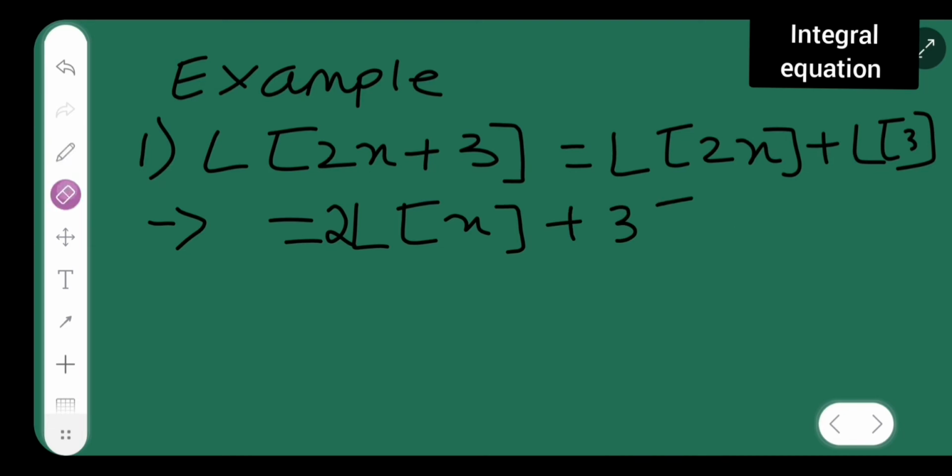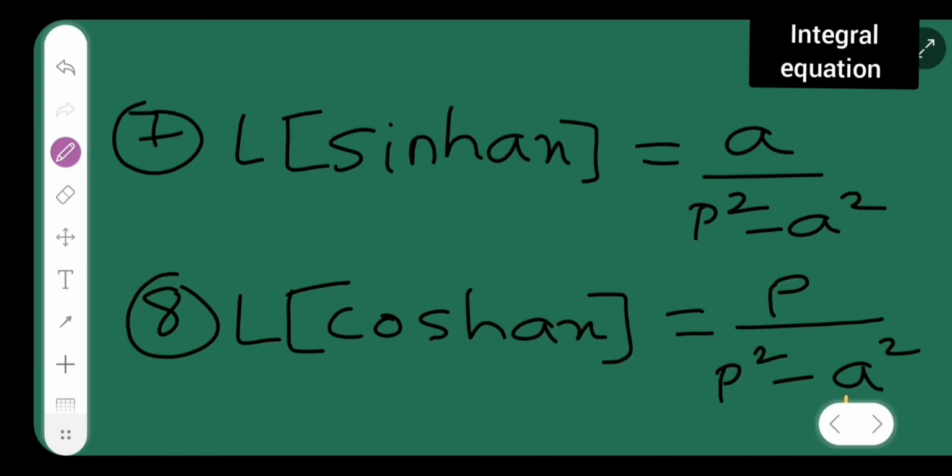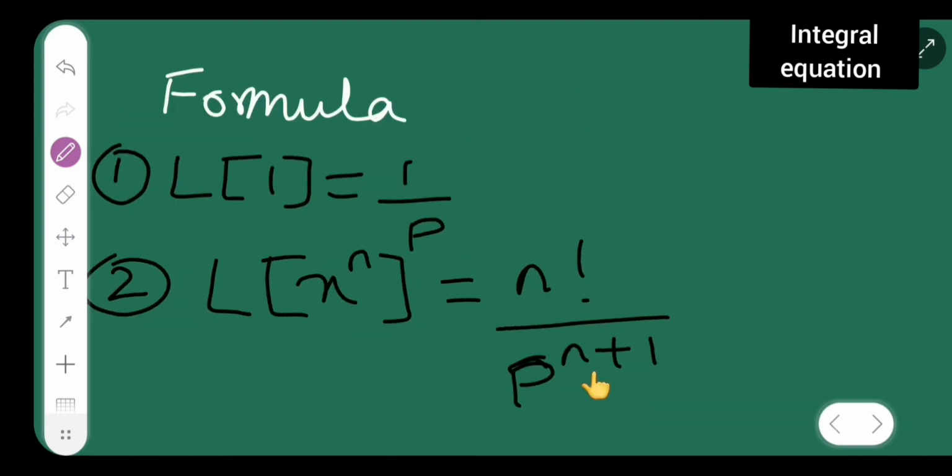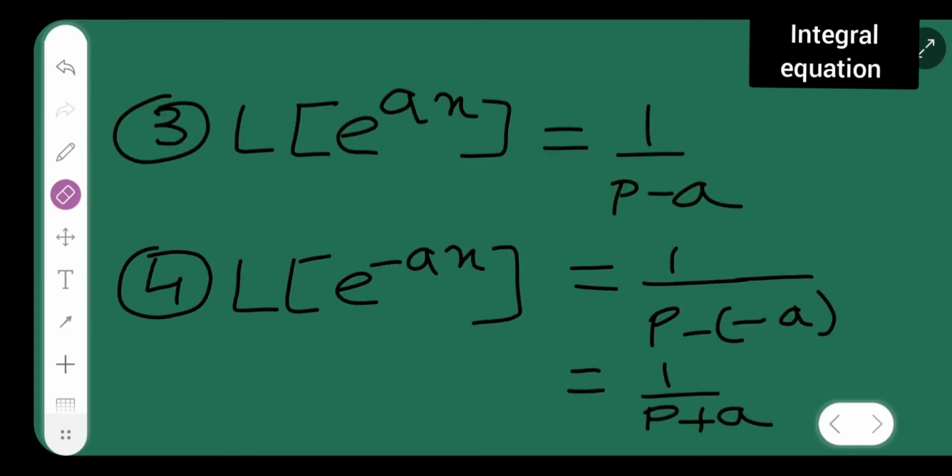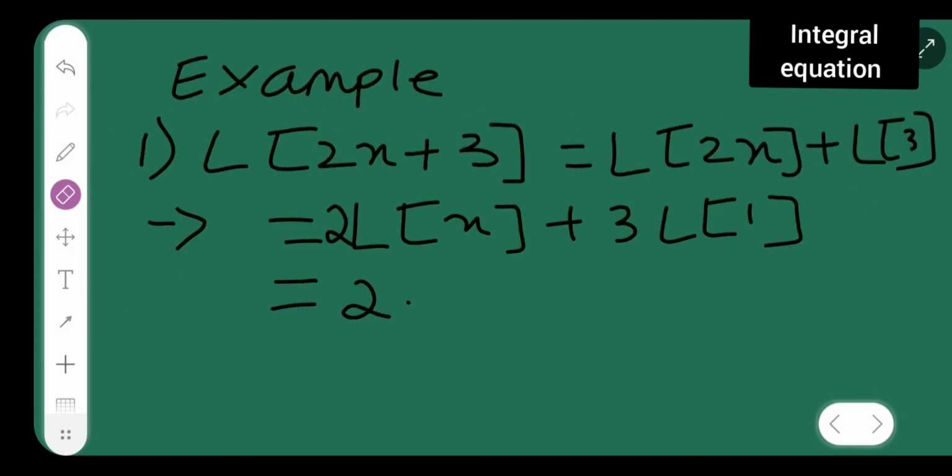Sorry, let me do it properly. Laplace of 1 it is, okay? Now this is equal to what? Twice, what will I get? Laplace of x is what? Here which formula do you all have to apply? This formula, right? But there it was n factorial upon p raised to power n plus 1. Write this formula there and let us do it. So what is the formula for that?